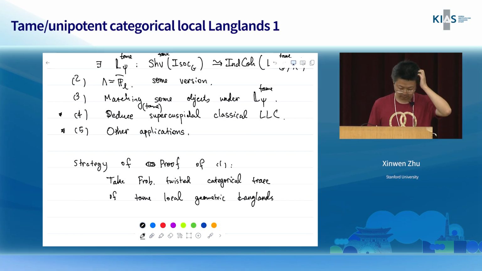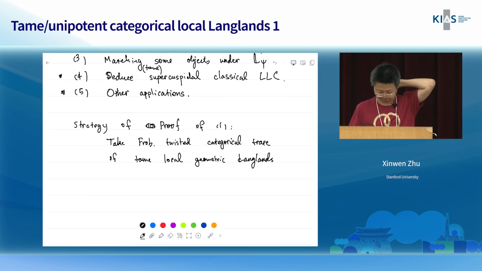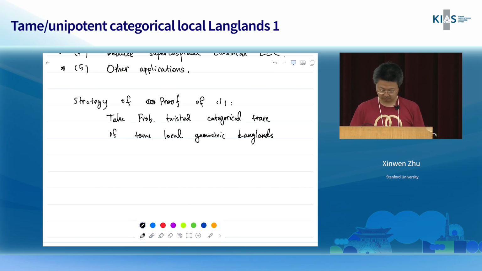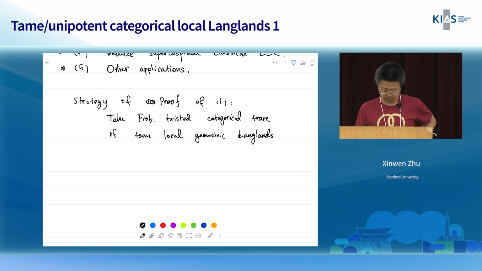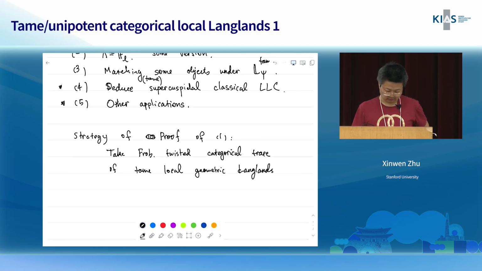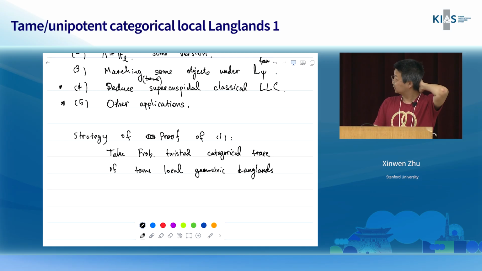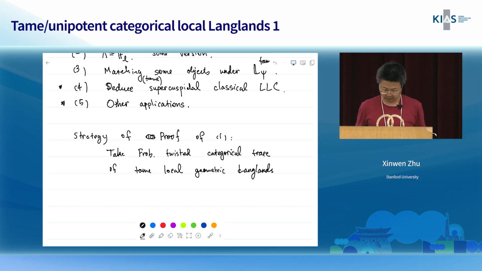Okay, so this is just a one-sentence strategy to get this, and in particular the unipotent part is basically this celebrated theorem of Bezrukavnikov-Nikolaev, in equal characteristic, which we heard last week. We also heard some talks by Arnaud about the meaning of taking categorical trace. So basically we combine these to get this. So the proof of the equivalence is not that hard. I mean, the strategy is really straightforward. Actually, this idea of taking trace of Frobenius to get some tame category, this local Langlands,